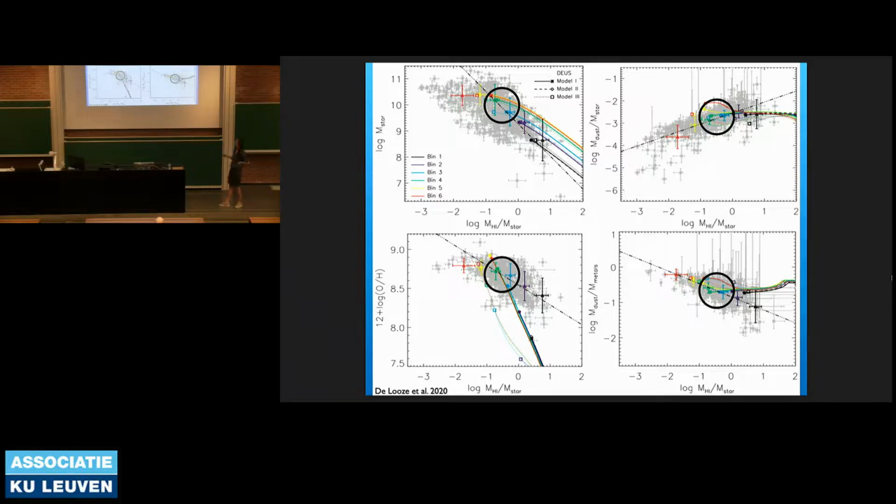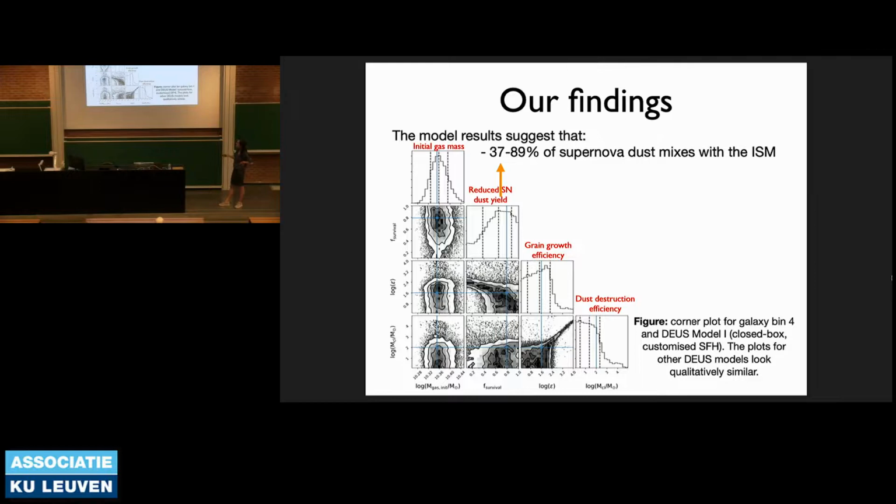So we decided in the end, the bulk of the galaxies that we have here, more than 65–70%, is in those 2 galaxy bins here, which are well modeled. And we also know from galaxy evolution studies that in these galaxies, all the gas that is infalling is eventually used for star formation. So you have a nice equilibrium between the gas that is available and that is used up for star formation, which isn't the case on either side. So we focused on those and then had a look at our results.